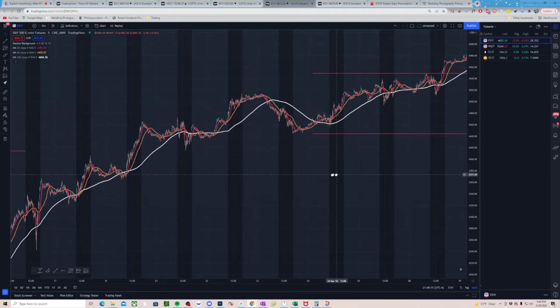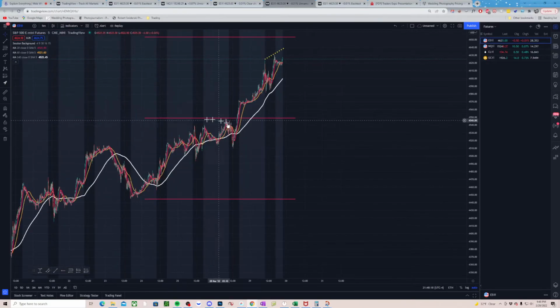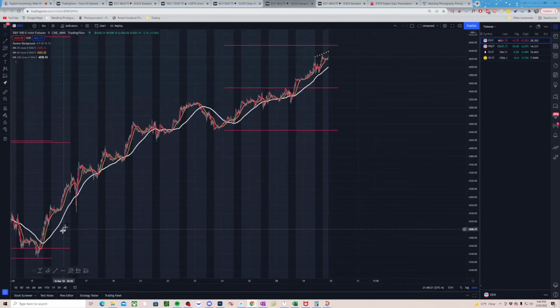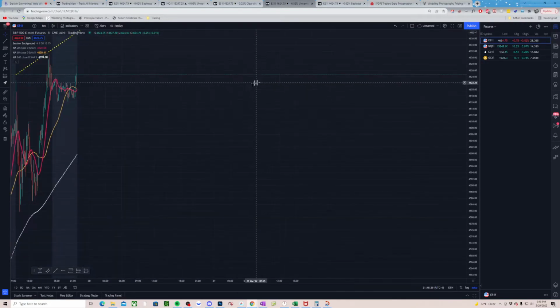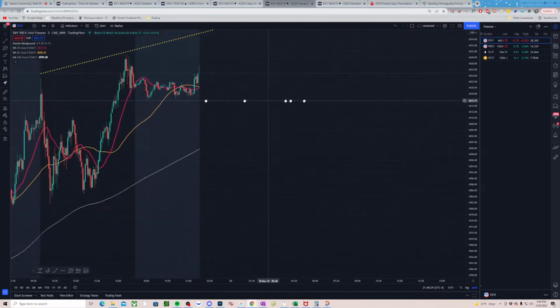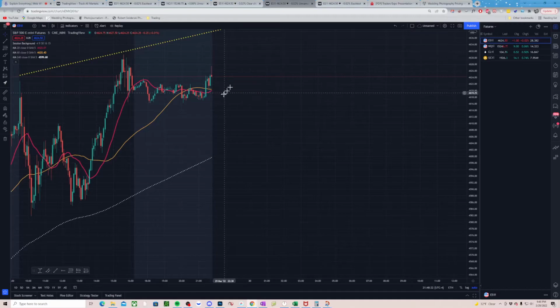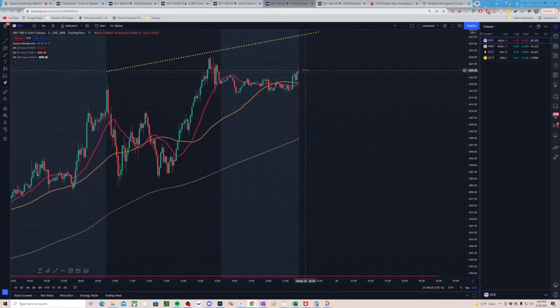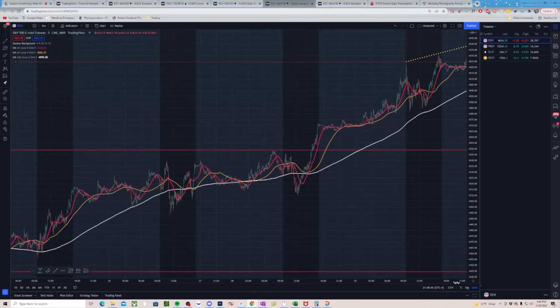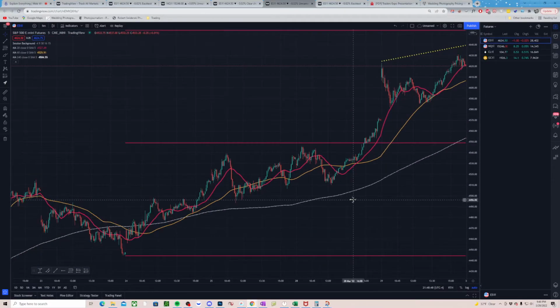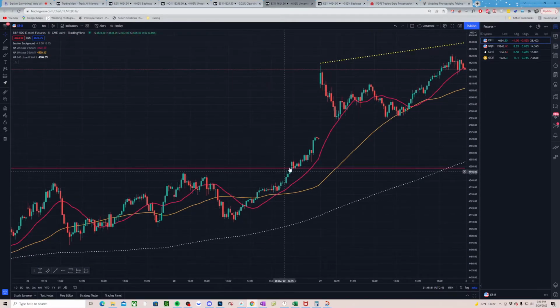Not really. In some cases it was, but the 1 hour moving average has been doing such a good job. So we want to see how it reacts tomorrow to that. Now the other thing I always do whenever I am trading is, oh, it looks like we had a breakout. One of the things I'm always doing whenever I'm trading is looking to see how the previous day traded. So if you look at this compared to what happened the previous day, I'll just use the RTH, the regular trading hours. So you can see we had a nice bull trend that started, tested,